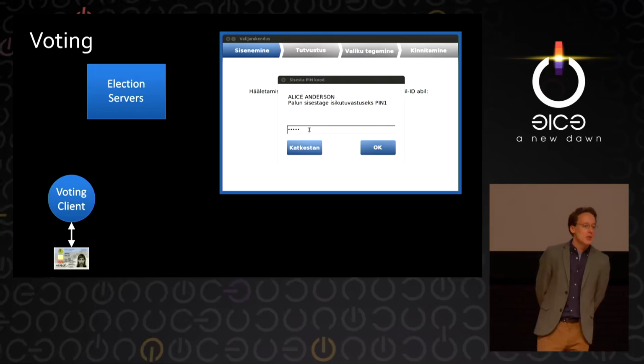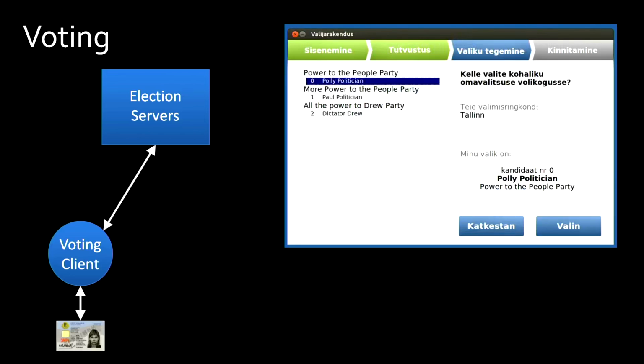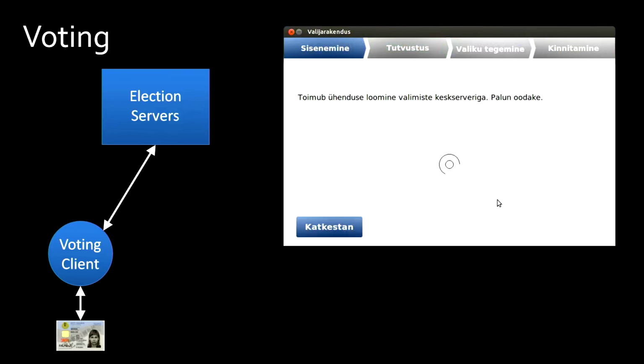The first thing you do is run the application, and it asks you for a 4-digit PIN. This PIN is required by the smart card in order to activate the authentication and signing functions and let it use the keys. After that, it connects to the election server, authenticates via TLS client auth, figures out where you live, and sends the ballot to the application. You just get to pick who you want to vote for in the app. There's a new application for each election, by the way. At that point, you click Cast Your Vote, and the election software proceeds to do some crypto.